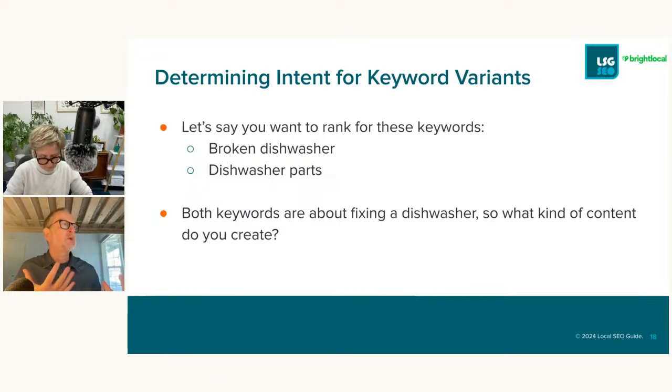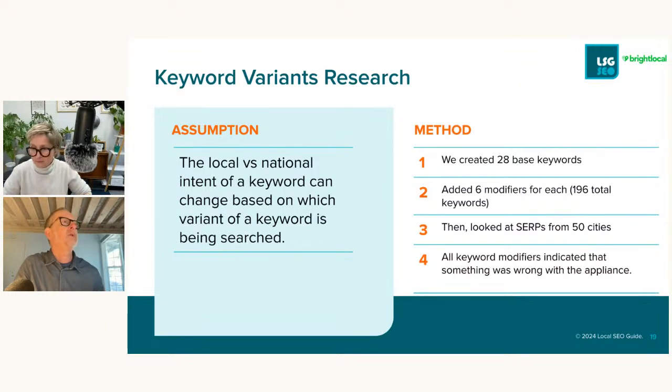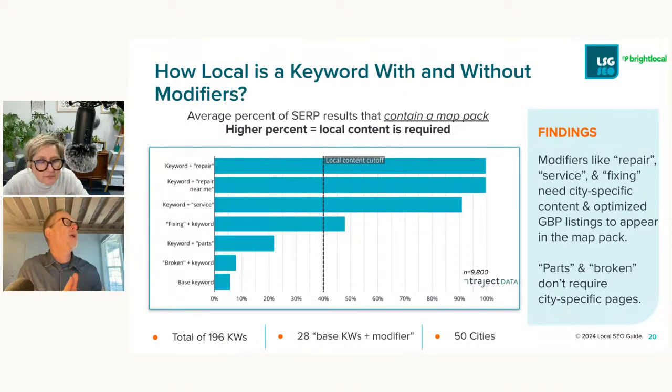There are also all sorts of different queries. In the case of home services, we were working for a company that wanted to rank for both dishwasher parts near me and fix broken dishwasher near me kind of thing. And we said, okay, do we really need local pages for broken dishwasher? Is that a local search, or dishwasher parts? We weren't sure. So we again did the study. We looked at a bunch of keywords and a bunch of markets. And what we found was that any keyword with repair had local intent, very high local intent. But any keyword with broken or parts seemed very national. There was just nothing local there.